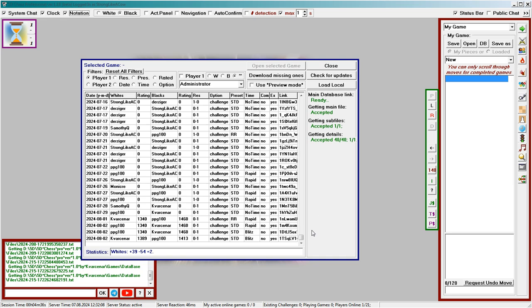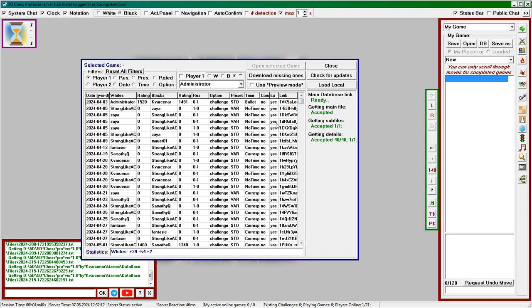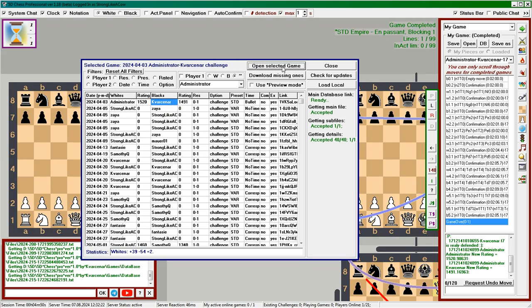So, if you know a specific game you want to go to, find it in the list of games and select it. Let's choose the first game. At the top, we see a duplicate hint of which game we selected. Press Open Selected Game. We see that the game has opened, but the game database window has not closed. This means that you can select and open several games from the database. We are currently satisfied with one, so let's close the window.